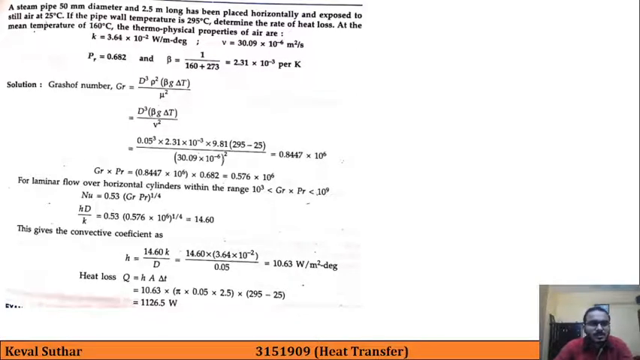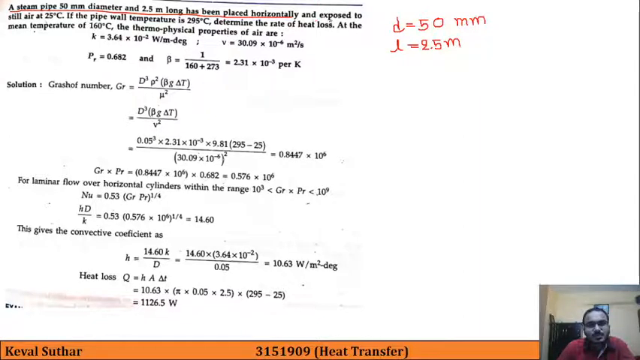Our first problem is this. So let's focus on the question first. A steam pipe of diameter 50 mm and 2.5 meter long has been placed horizontally. So we are given diameter as 50 mm and length has been given as 2.5 meter,